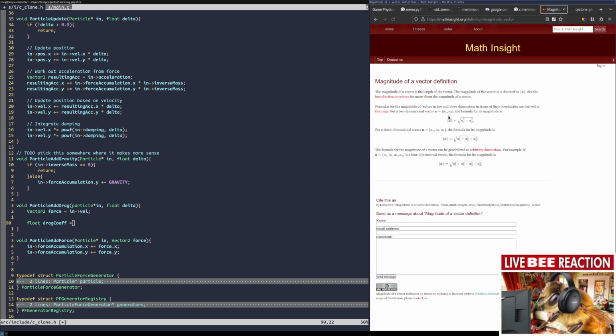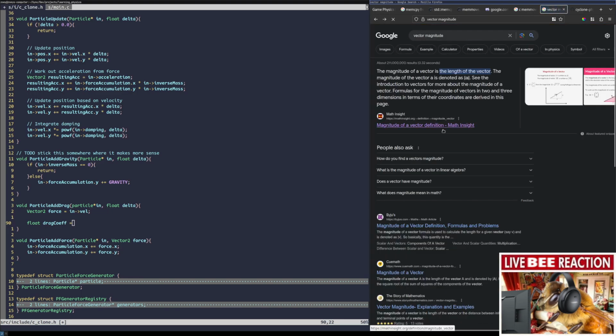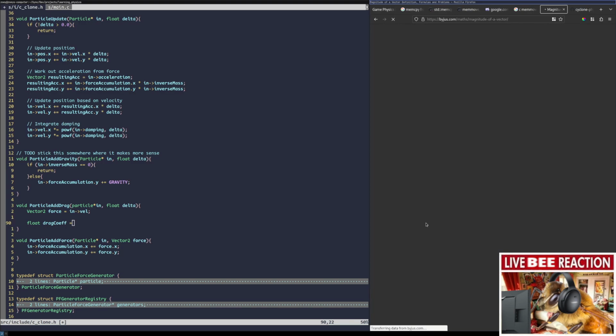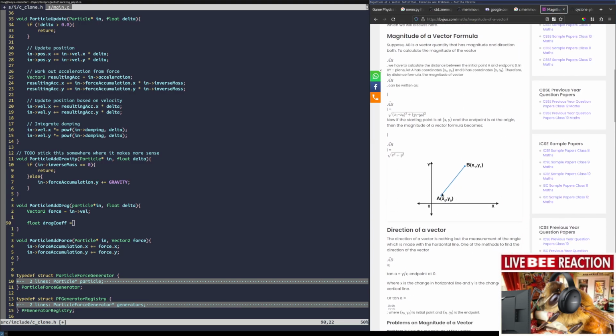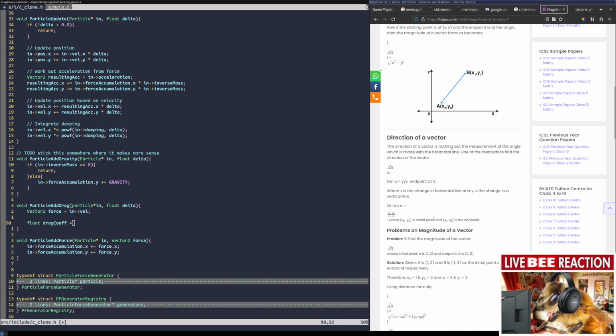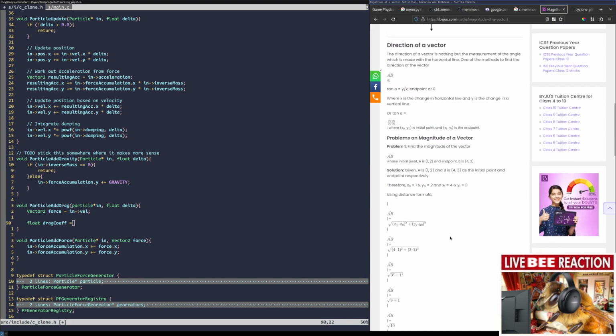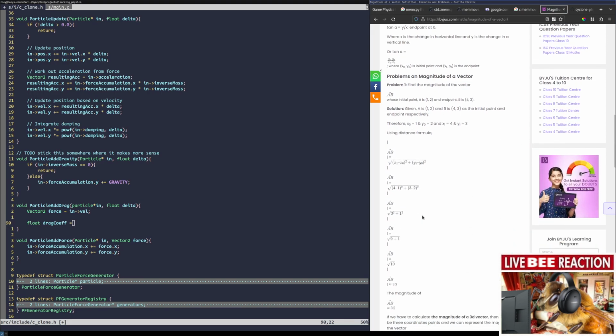Tell me how to calculate this. Square root of what? I guess these are mathematical vectors and not like direction x, y. So if we just do, okay, so it's